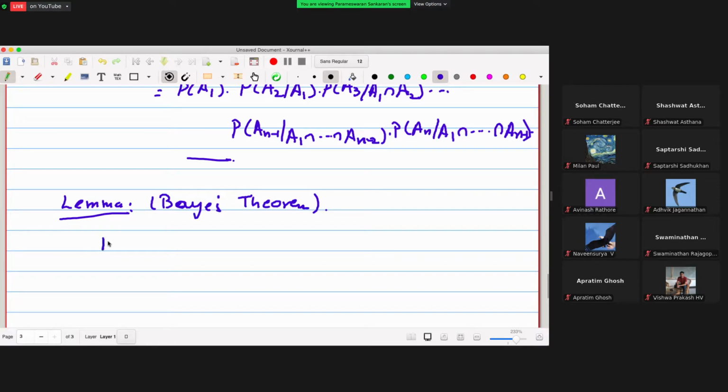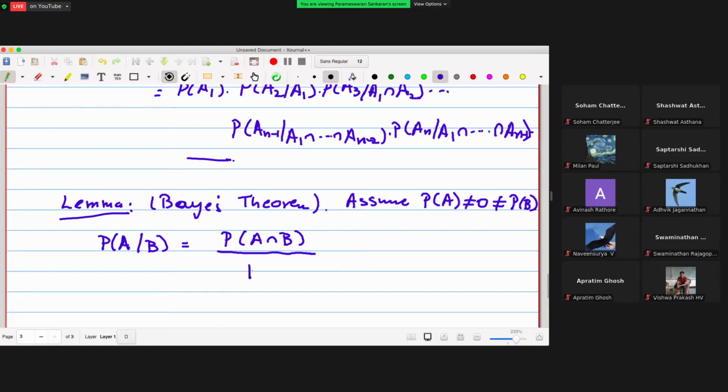So assume the probability of A is not equal to 0 and also the probability of B. And the probability of A given B is equal to, you can write of course, the probability of A intersection B divided by the probability of B. I'll explain, this is equal to